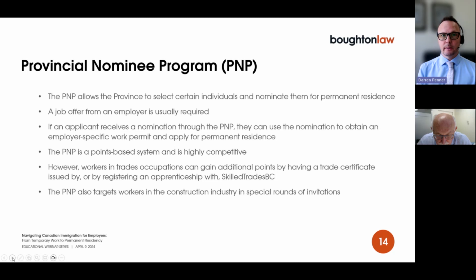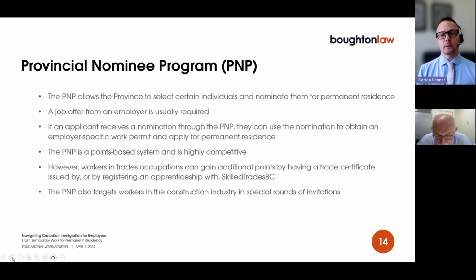Another good thing is it's much less intrusive for the employer. You do have to provide some information and sign a few forms, but you're not providing the amount of information that you would be providing for an LMIA application. If the employee is already working for you on an open work permit or a closed work permit, you don't have to advertise the position. They can just go straight into the PNP process. And it's something that, over the years, has been a tool that we've used quite a bit. At times, we've been recommending this over LMIAs.